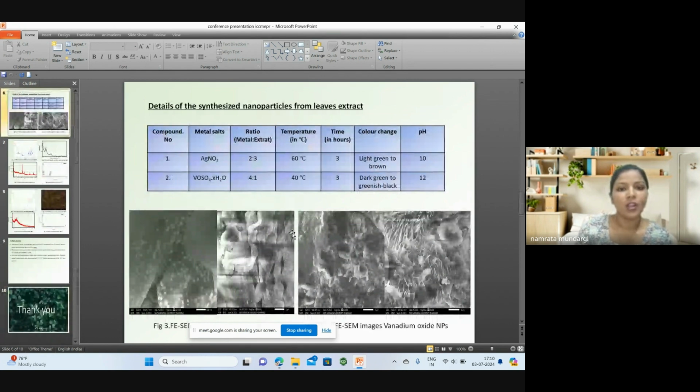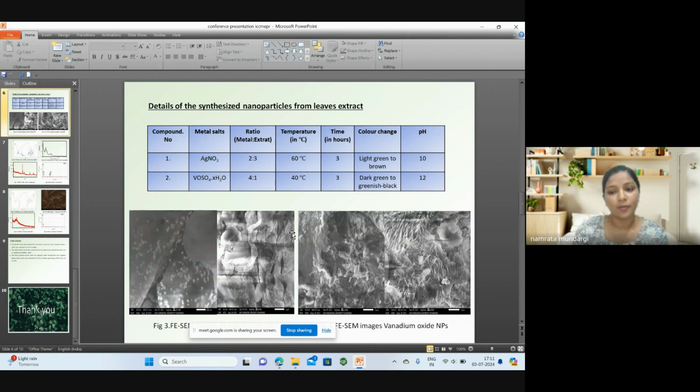We have synthesized 2 different nanoparticles, that is silver oxide nanoparticles and vanadium oxide nanoparticles. In case of silver oxide nanoparticles, we have used the silver nitrate in the ratio of 2:3, and the temperature we have given is 60 degrees Celsius. We took the time of 3 hours for continuous stirring and heating, and color change confirms the formation of